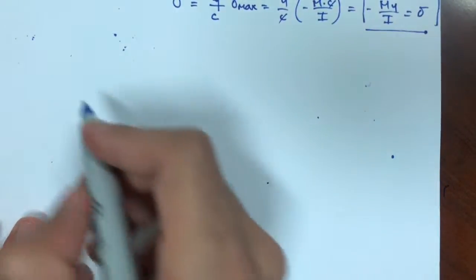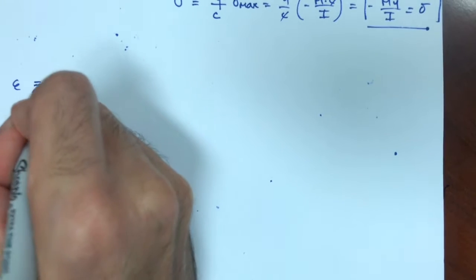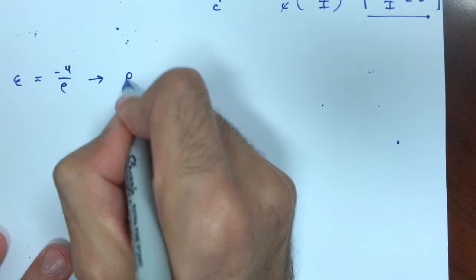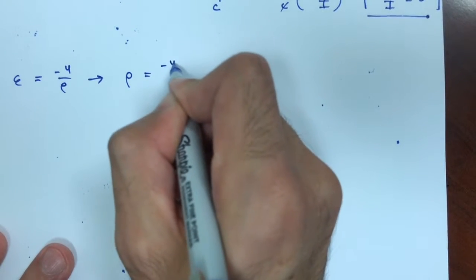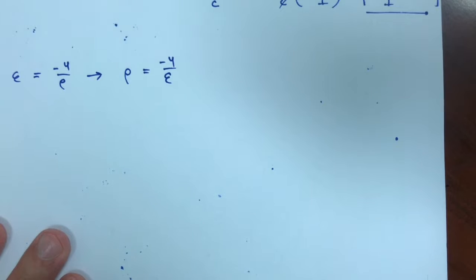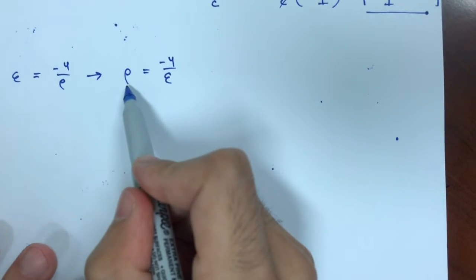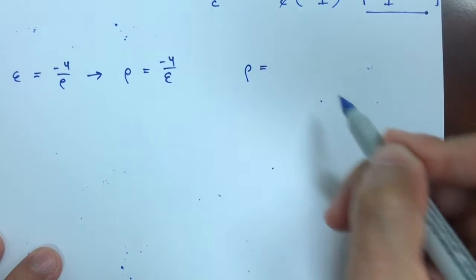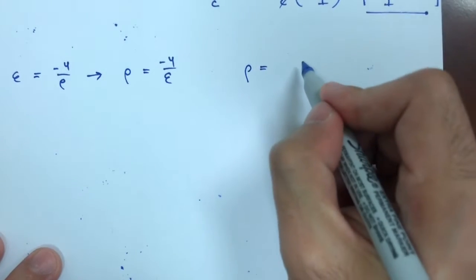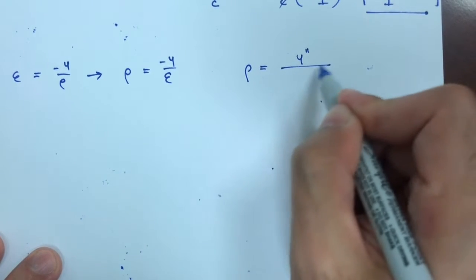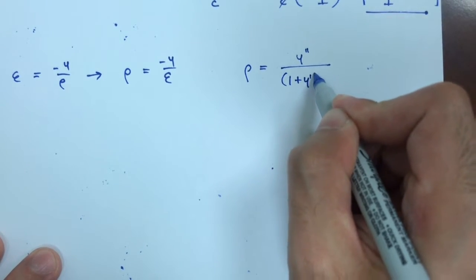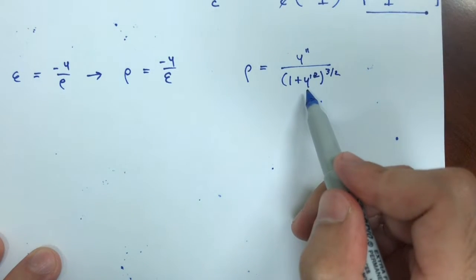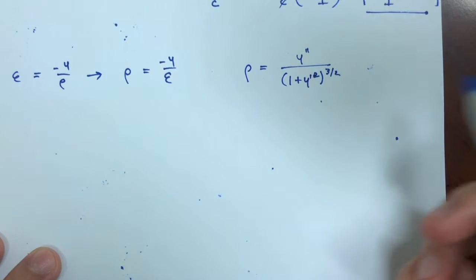So if strain is equal to minus y over rho, and rho being the radius of curvature, I know that the radius of curvature would be minus y over the strain. Now from math, I know that the radius of curvature can be defined as y double prime over 1 plus y prime squared to the 3/2. I'm not going to do the whole calculus part of this. And where y is just the function y of x,